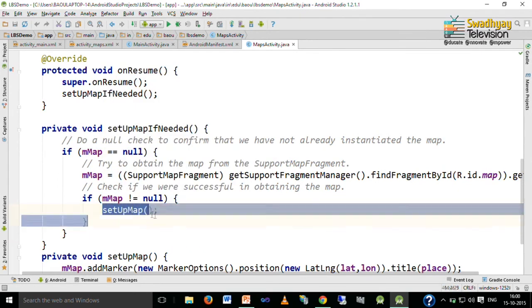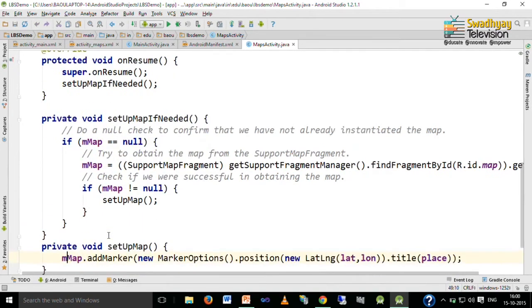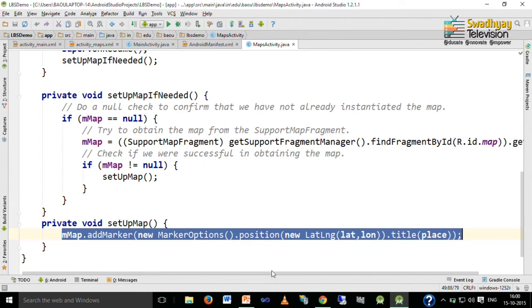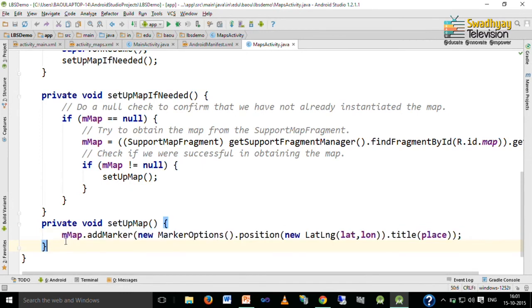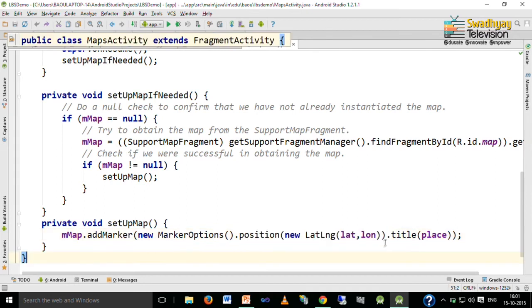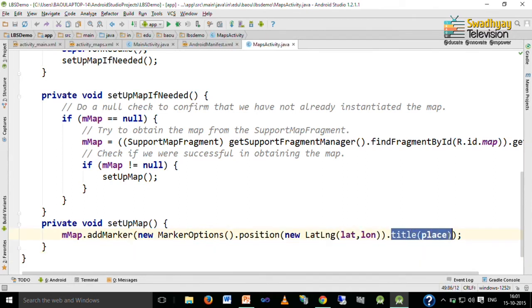So, here another method is there, which is setupMap. Inside setupMap we just add a marker at the specified position. This we have already discussed: it is the method addMarker which actually adds the marker, and here we write new MarkerOptions and then we specify the marker position using the longitude and latitude received from the main activity, and we also set its title to the given